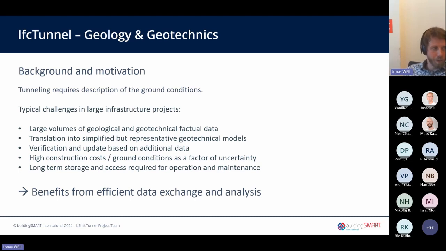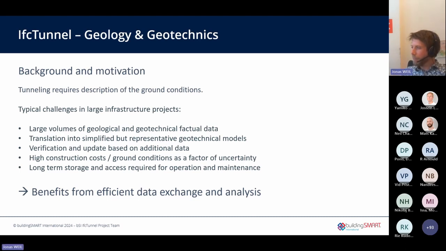You need to translate your geological models, geological conditions into geotechnical models that are adequate for certain design issues. You frequently need to verify your models when additional data are coming in. And of course, the infrastructure projects are associated with high cost for the construction, or the ground conditions are responsible for or limit or define the cost for the projects, and there is a huge factor of uncertainty.